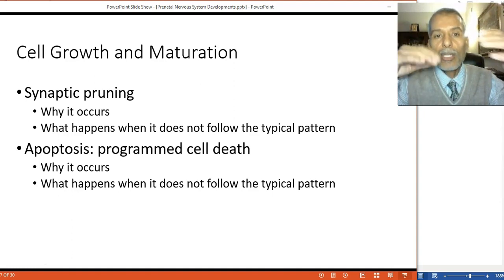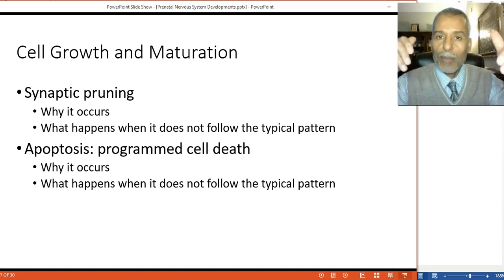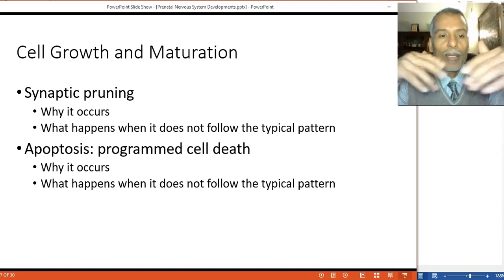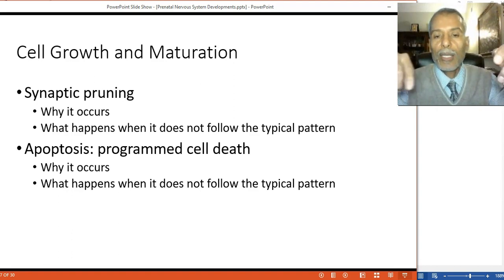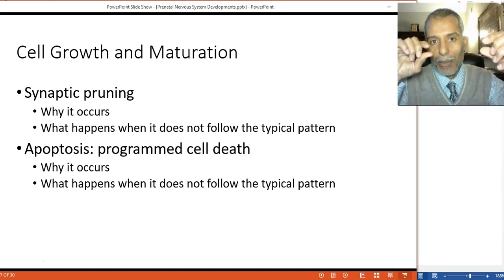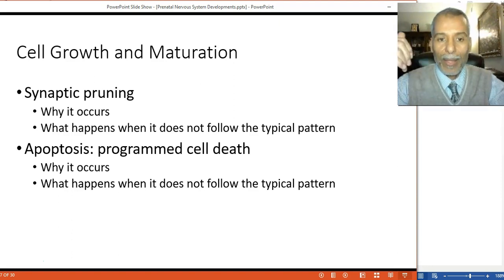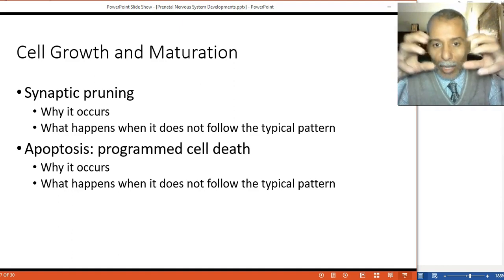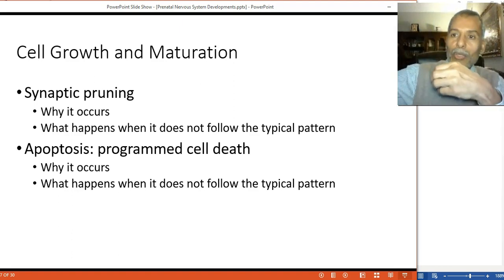And one population that is known to have abnormalities in this area, in the synaptic pruning and apoptosis, is autism. Many studies show that this process doesn't progress, and in many cases it is decreased to the extent that a certain percentage of people with autism have more cells inside of their brain than the typical, and that means you don't have room for the other ones to grow, and that means there's more local connectivity within an area, but you don't have